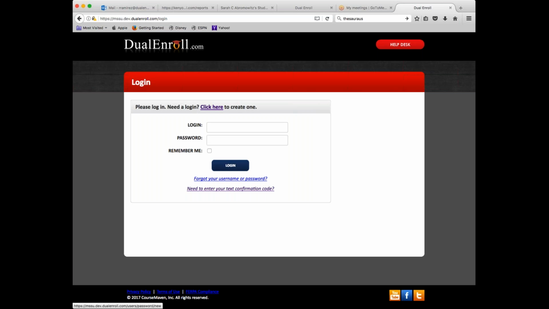If that doesn't work and you're still stuck, you're going to want to go up here to the top right corner. You'll see a help desk button. If you click on that button, it allows you to enter a ticket, letting us know that you are locked out of your account, so we are able to reset that for you. Please do not create multiple accounts. We would like every student to have one account in which they use to register for all of the Missouri